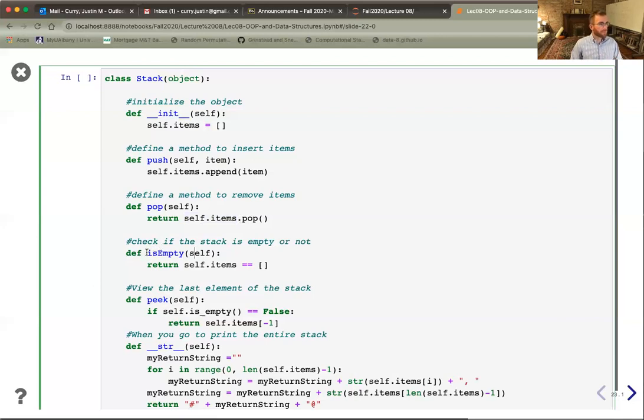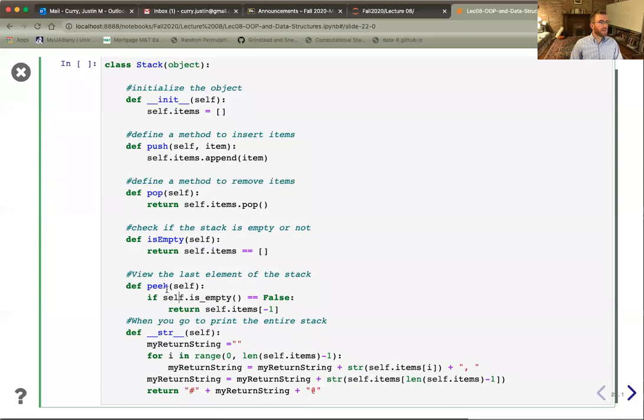Okay. Then I have my notion of is empty. And this just does a comparison operator that's well defined for lists, and asks, is my list of items actually equal to the empty list? And if this returns true, this method is going to return true. And then finally, I have my peek operator, which first asks, if this is empty, then I'm going to return